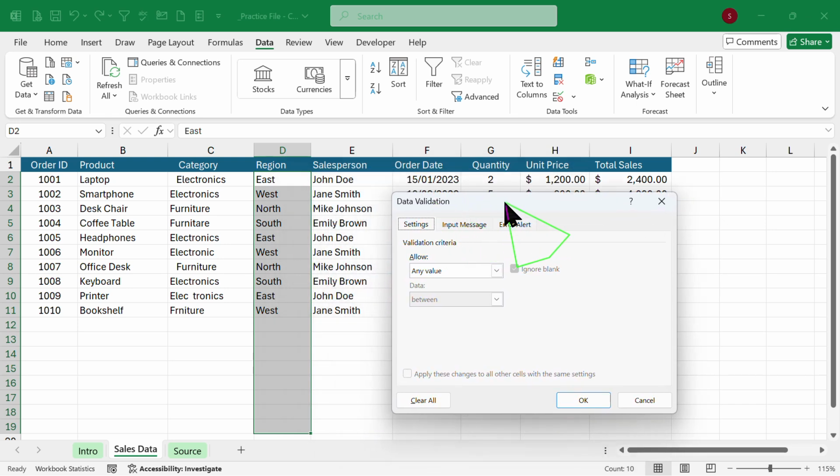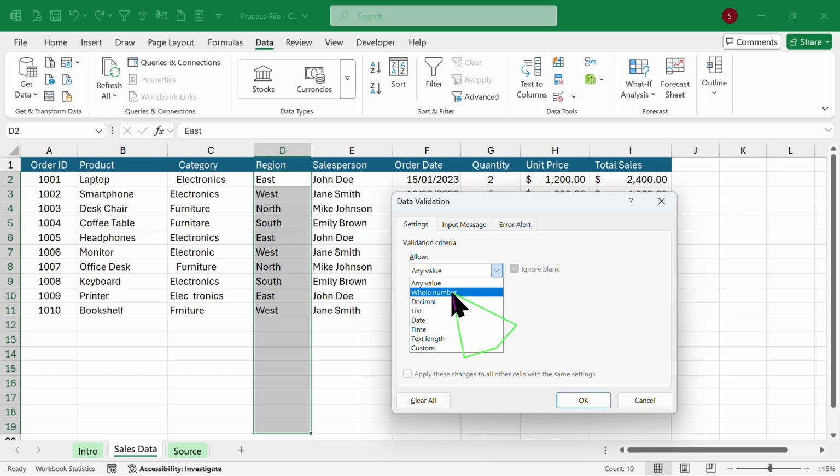In the data validation dialog box, there are three tabs. The first is the most important one, which is called settings, and then you have input message and error alert. I'm going to show you all three for this example, and then we will see some advanced cases. In the settings, there is a validation criteria option available. Click on this drop down below allow, and here by default any value is selected. That is why Excel is allowing you to enter any values in the cell,